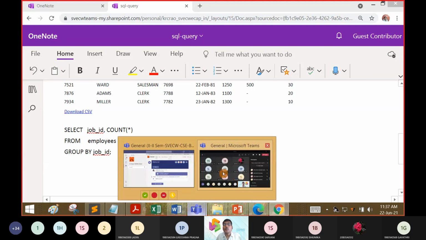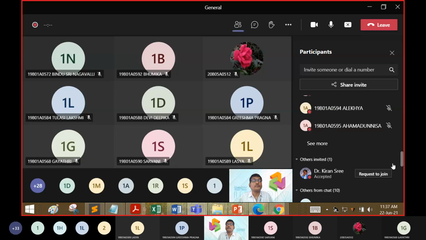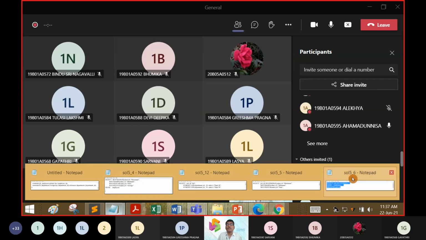Who is in the queue now? 594, are you there? 595. Everyone? Are you able to see the screen?